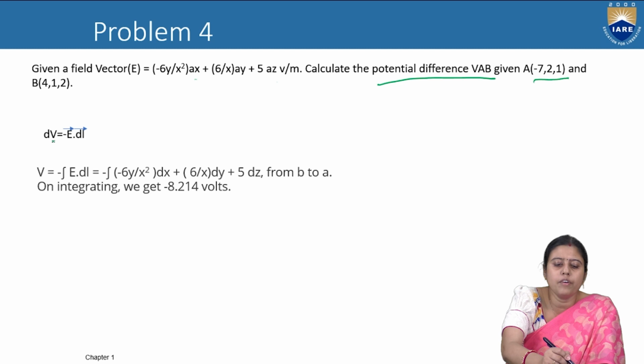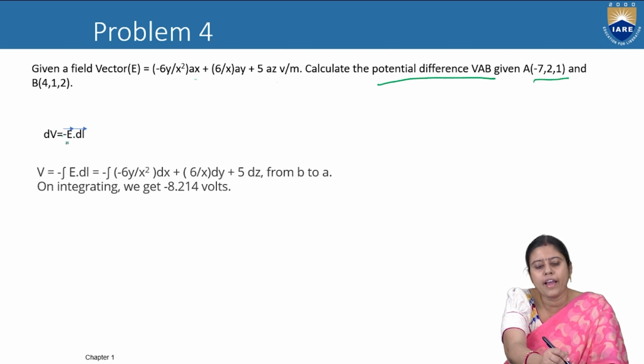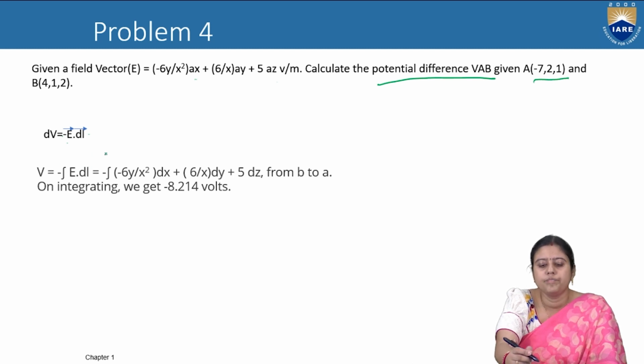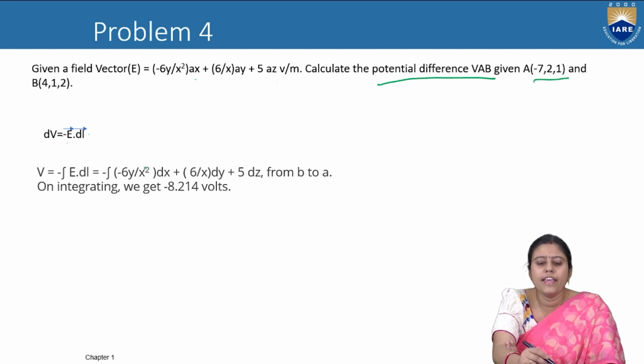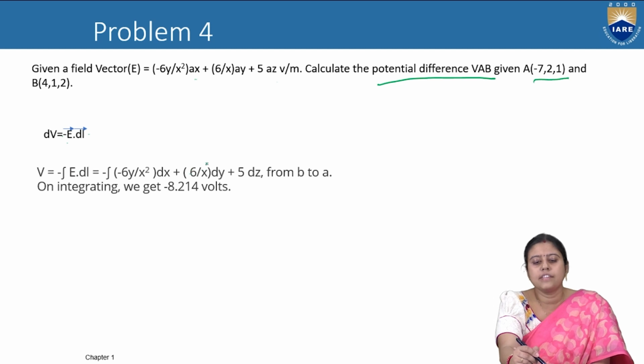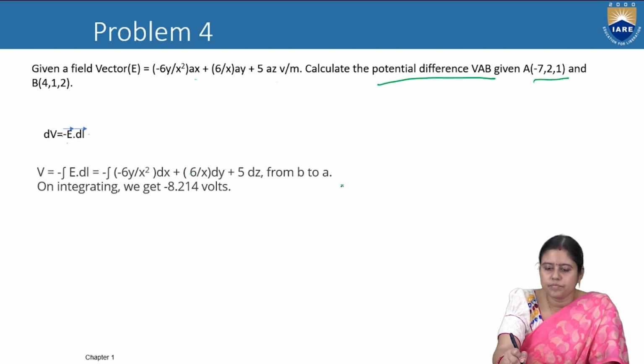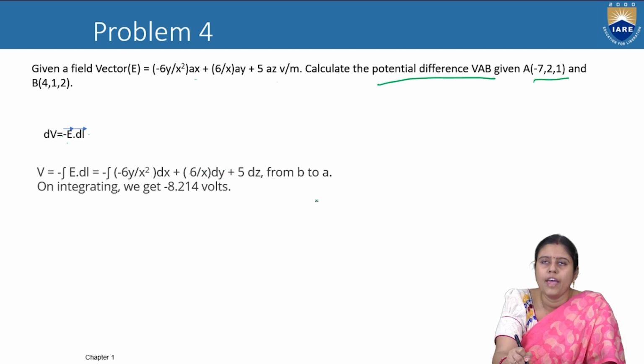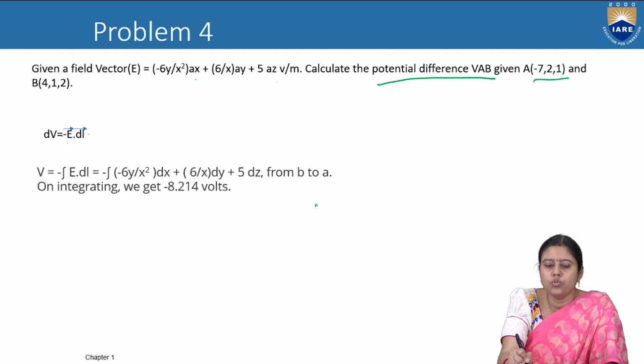What is the dV? We know dV is equal to minus E dot dl. So V is equal to minus integration of E dot dl. What is E? E is 6y by x square dx plus 6 by x dy plus 5z dz. And from B to A, VAB means B to A. So we can write